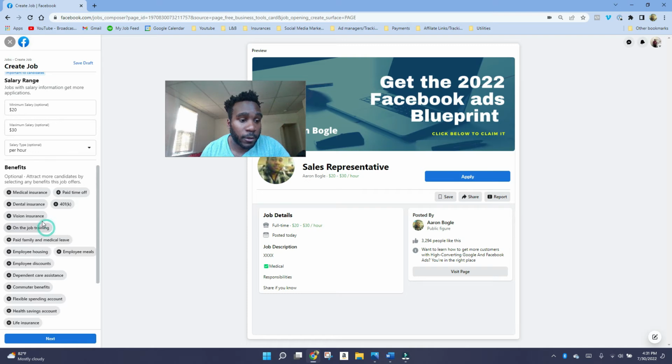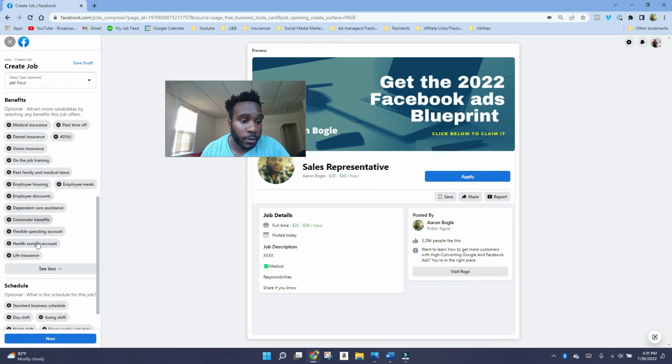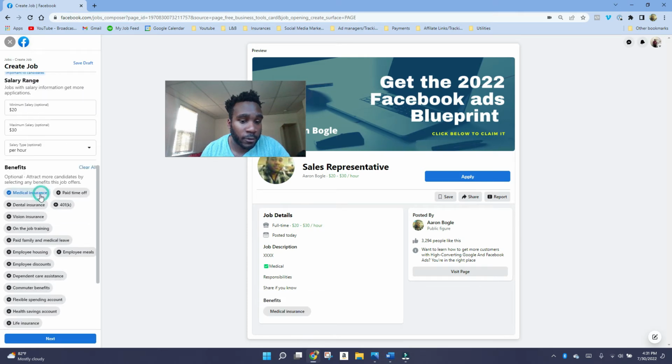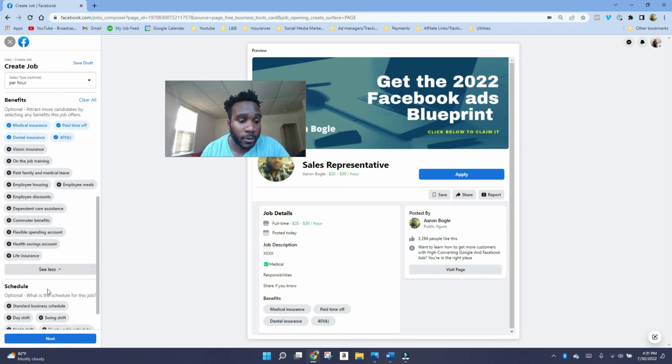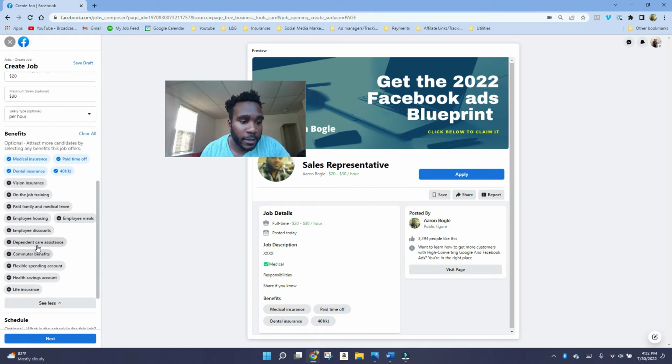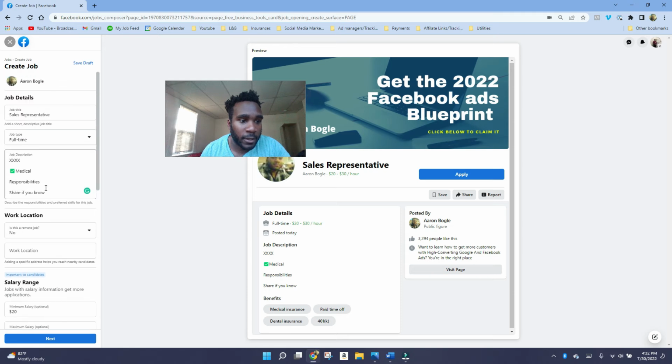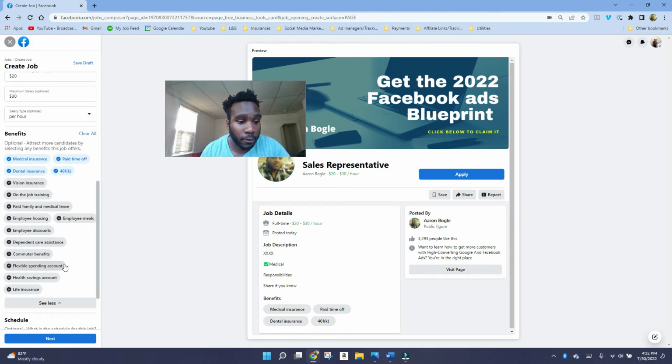Next thing you want to do is put on the benefits. So here's just some benefits you can do. So if you have medical insurance, dental insurance, paid time off, 401k, put all the benefits you have. Of course, if there's no benefit here that they mention, you want to mention it in the description. But even if you have medical insurance twice, of course you just want to reinforce the benefits of working with your company because